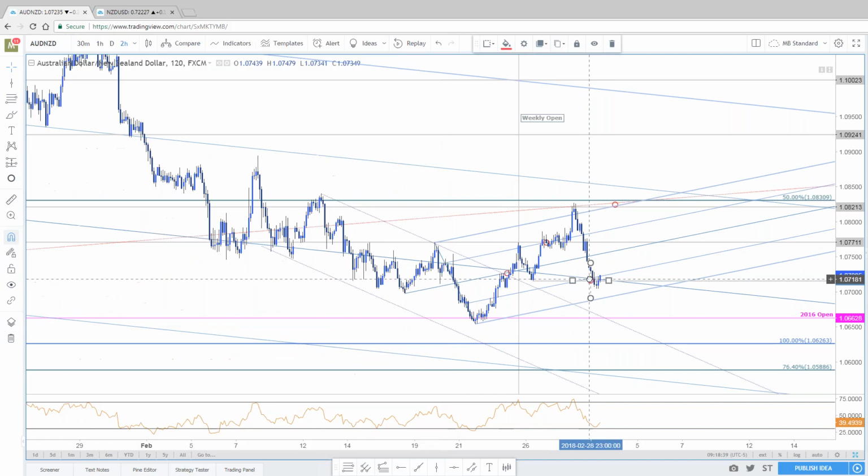So at the end of the day, this has made a simple round trip. I don't necessarily want to fight this at this point because I think Kiwi and Aussie are pretty critical levels. So you could get some more chop. But at the end of the day, I still think you get some sort of near-term corrective bounce here.